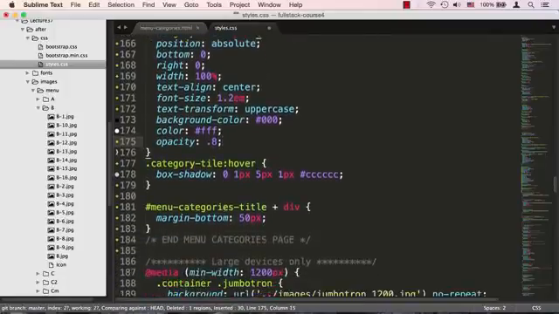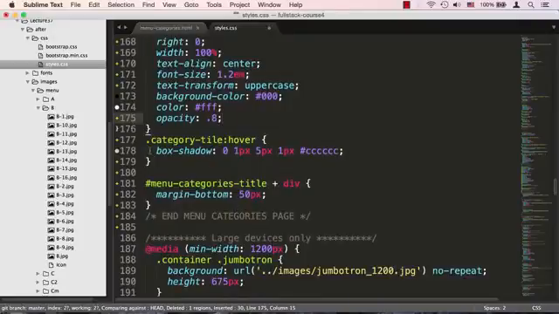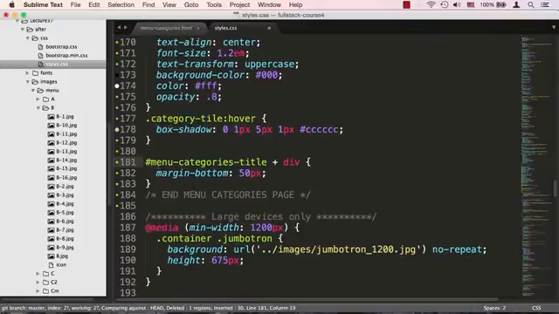Okay, the next thing we'll do is the hovering part. We're going to give some box shadow, the same type of box shadow that we had on the front page when you rolled over this particular category. Remember, each one of these category items, these pictures, are going to be clickable items. So that's why we need some sort of a visual indication that the user can click on that. And last thing we're going to do here is target the ID menu categories title plus div,